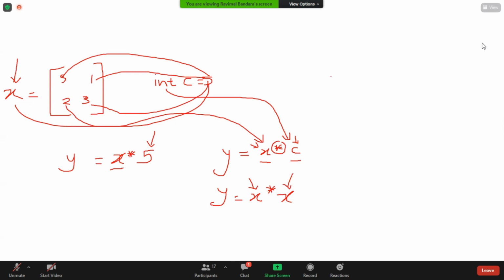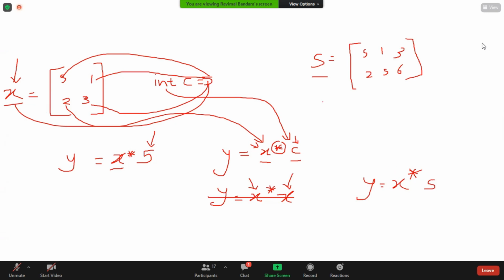Also, if you have another object, let's say S, another matrix of a somewhat different type, let's say 5, 1, 3, 5, 6, then you can do y equals x multiplied by S. This one is also an object from a user-defined type, so this is also possible.